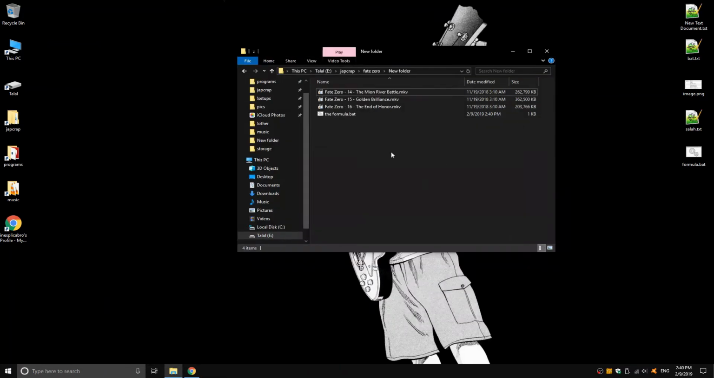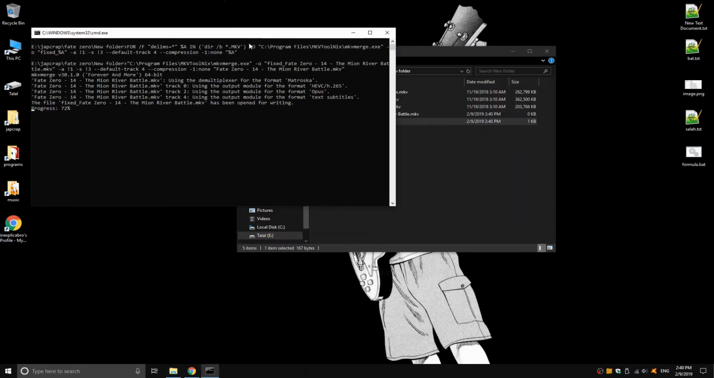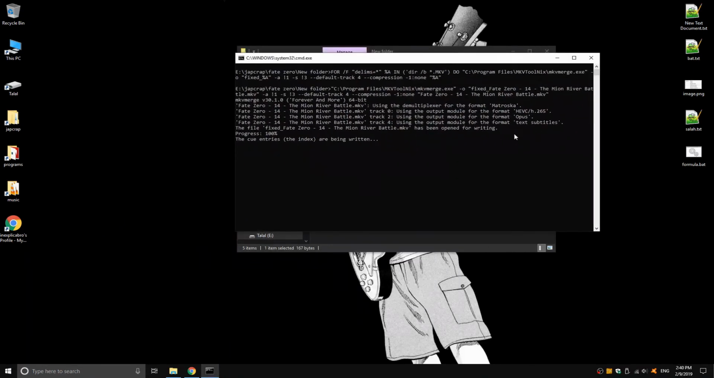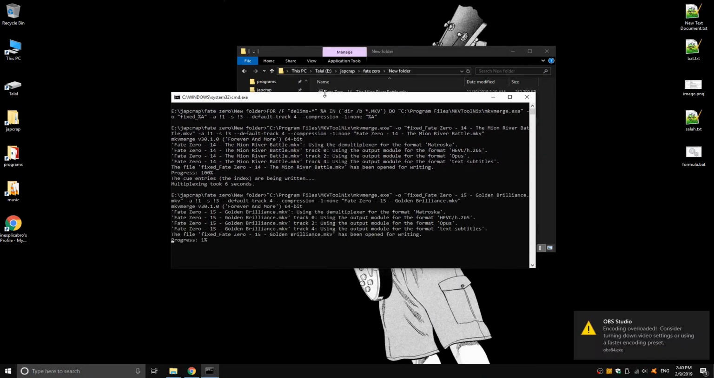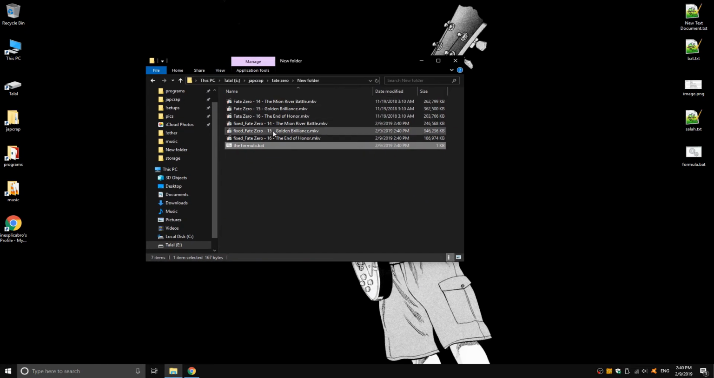So now there should be this .bat file over here. And if you run that, this thing will pop up. The CMD window will pop up, and it'll start doing some stuff. So then once that's done, you can close it. And now if you see, there are a few video files with a prefix of fixed. And if you open them,